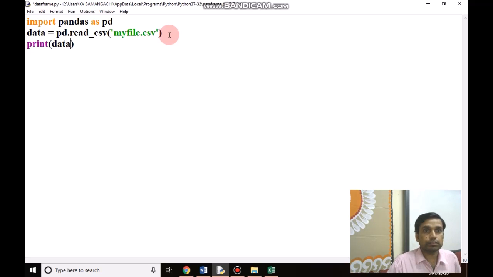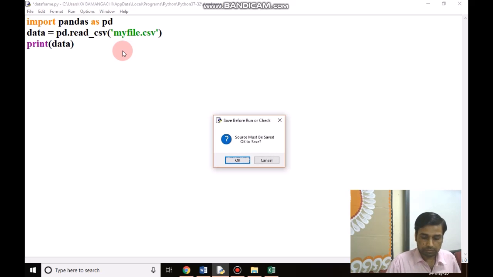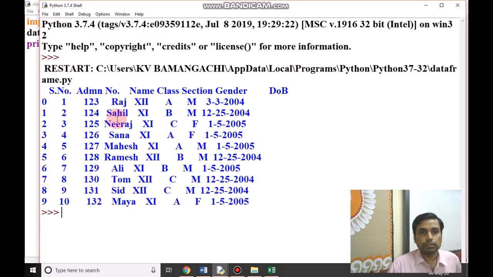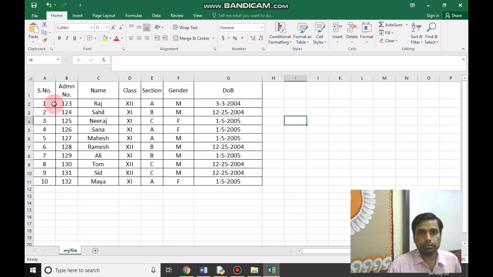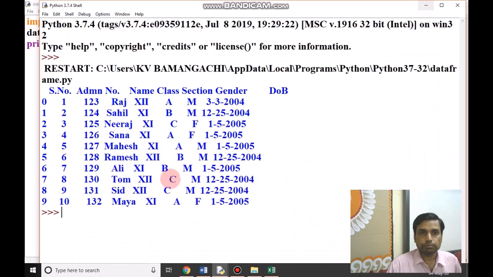Print data. So if you run this program, you will see here what we have given in the Excel file. We have given this whole data, and the whole data is converted into a CSV file, and now from the CSV file we have imported it to the Python program: serial number, admission number, name, class, section, gender, date of birth.